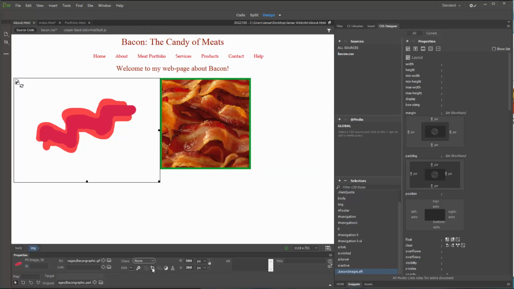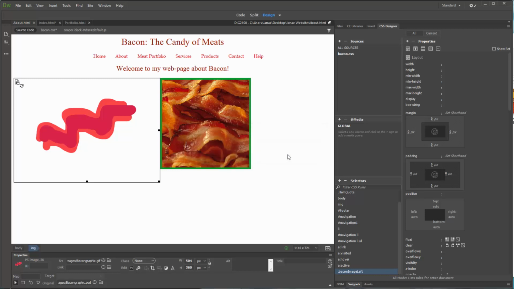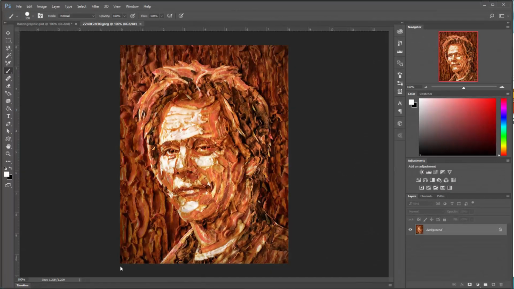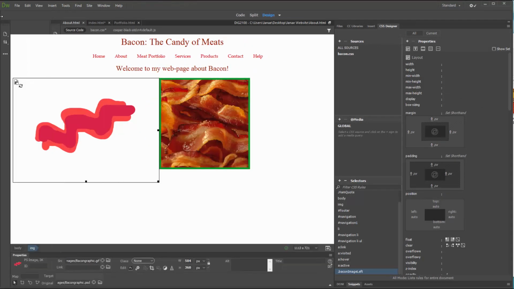Now it is giving me a little bit of extra content. It's saying the smart object will be detached. I'm going to click no for now. Basically what that means, if we look at this icon up here in the upper left-hand corner, if you recall, this is attached to that Photoshop document. This is just a regular old JPEG that we brought in. So it recognizes that the Photoshop document is controlling it. If I were to make a change to that bacon graphic that I produced,